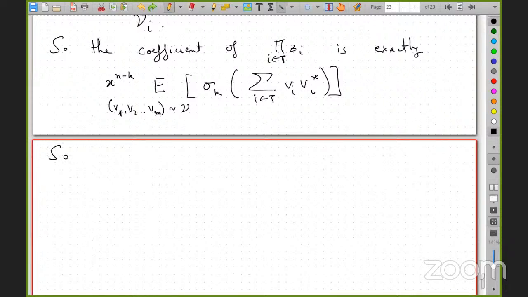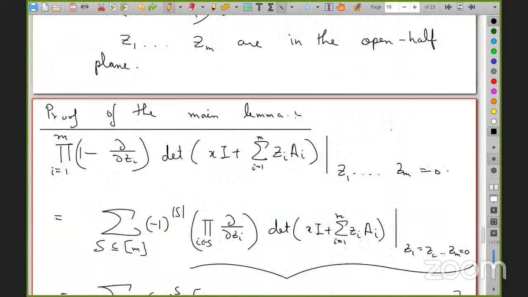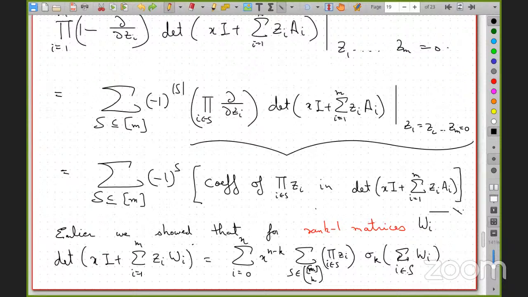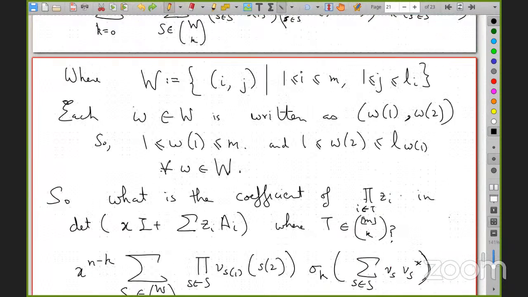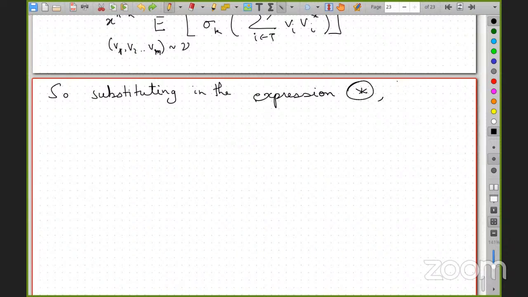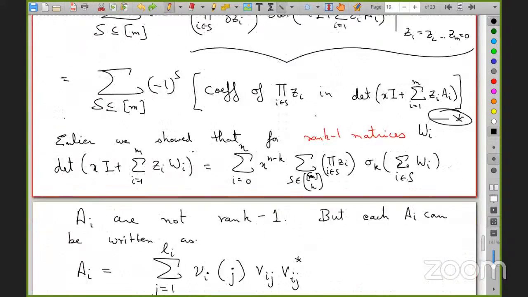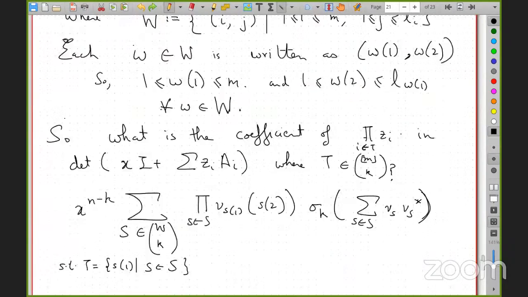Okay, so substitute in the first expression that we had, the expression star. We get that this whole thing